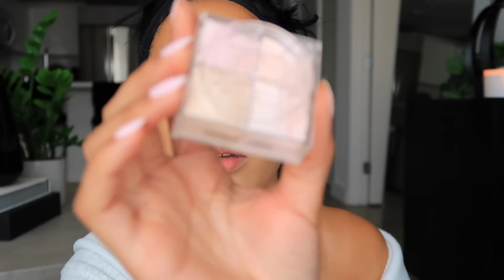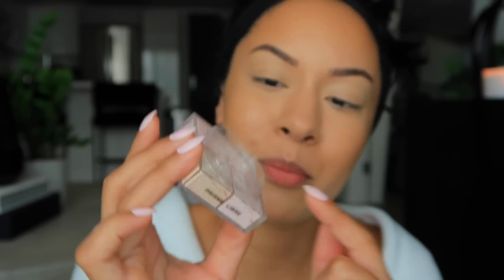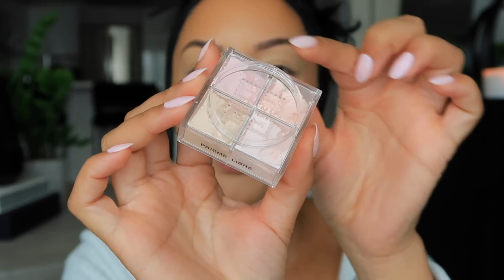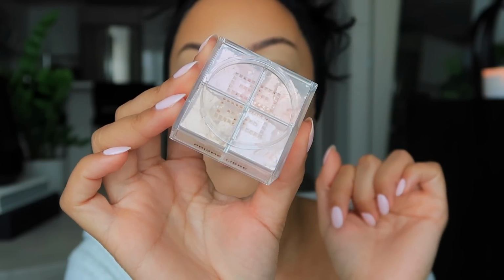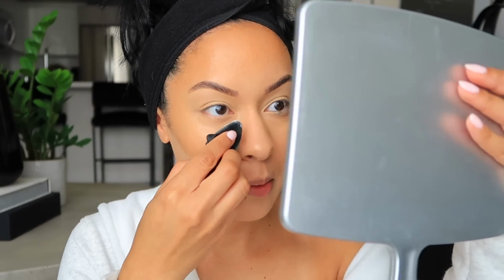Oh, I don't want it to spill. Boom, there you go. So this is the banana shade, this is the light pink shade, the deeper pink, and the peach. All perfect colors for underneath the eye because it's gonna help to kind of brighten but also cancel out any darkness with the pink tones. So when I dip my sponge in there, I'm gonna make sure to really spread it out throughout all the different powders so I can get all of them on there. Of course, blending out any creases